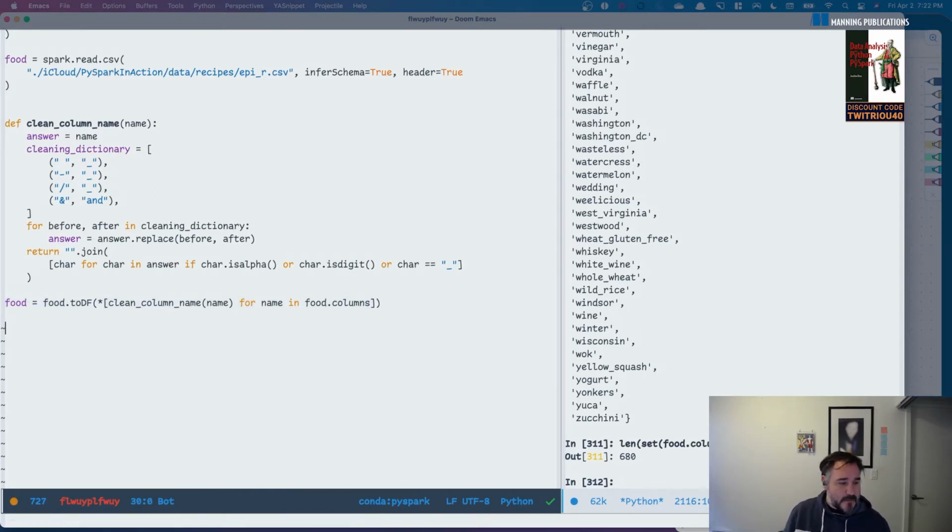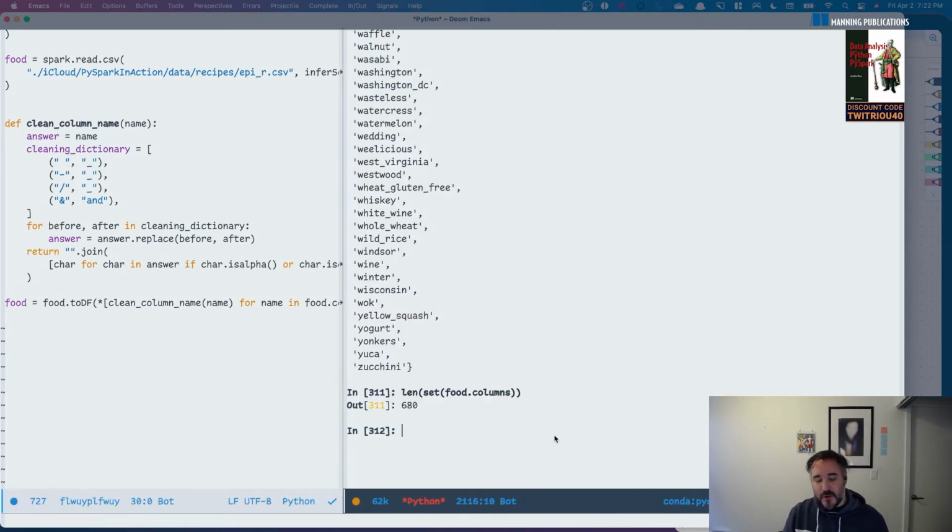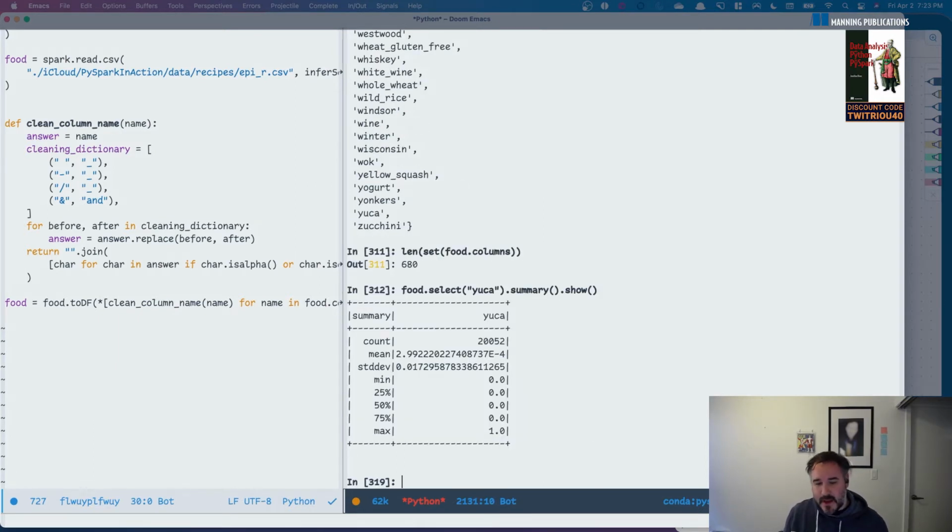So I'm just going to give a sense of what an EDA is going to look like. I don't want to be extremely thorough at first. I want to go as fast as possible to the model. So I'm going to do food select, and I'm going to take Yuka because it's easy to type. Then I'm going to use the summary method, and there you go. So basically, you see that I have,